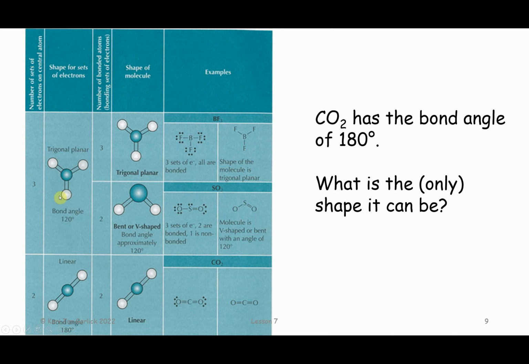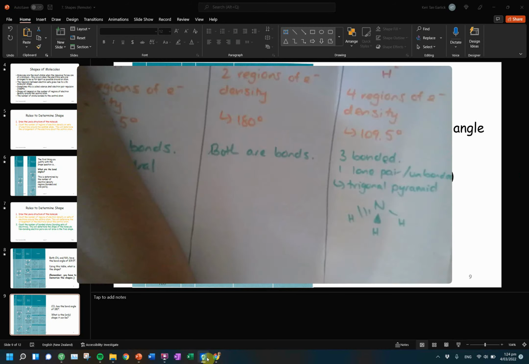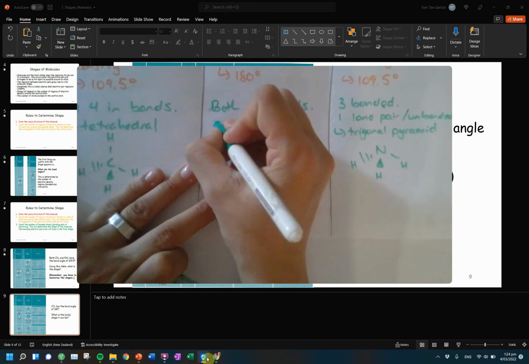Cool. Bond angle is 120, and then once again we look to see how many are bonded and unbonded, and then that determines the shape. In this case, with the carbon dioxide, there were 2 regions of electron density. There's only one shape possible for that, and that is linear. So again, if I was to go and draw this, I would state that guy is linear,